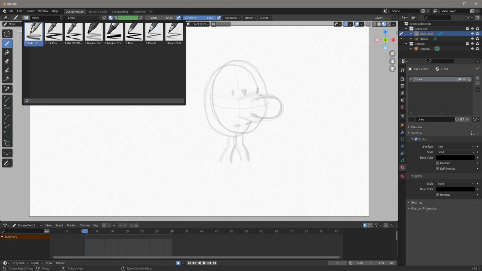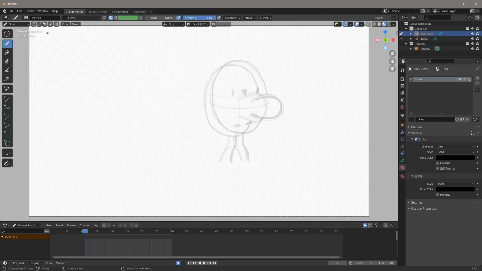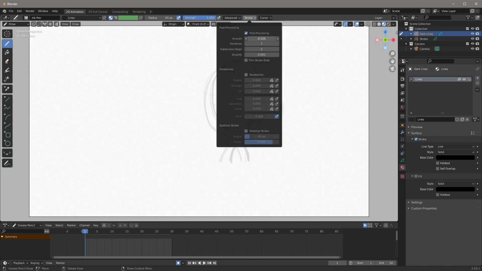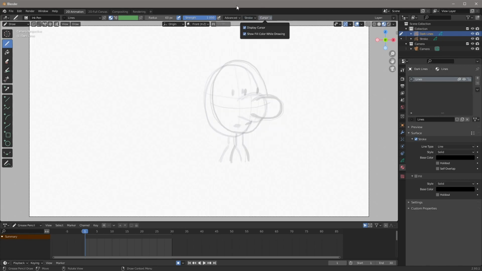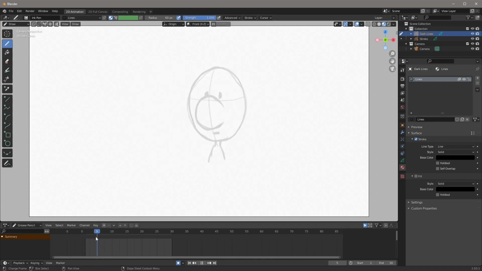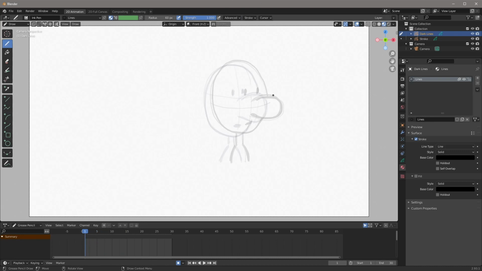want to select our ink pen instead of pencil, set the strength to 1, and make sure that the stroke again is set to smooth, set to 2, iterations set to 3, and subdivisions set to 3, and that will smooth out our drawing. Let's go back to the first frame of animation, and if you want, we can just